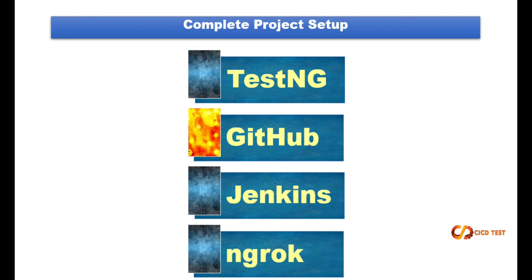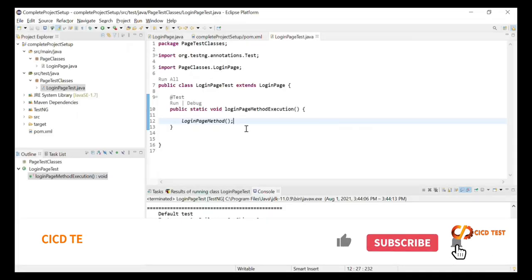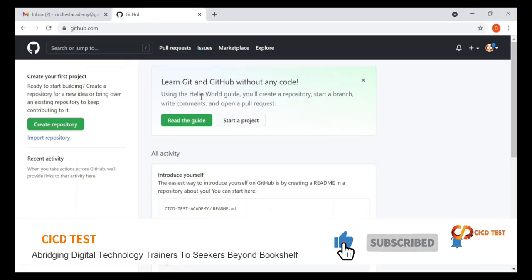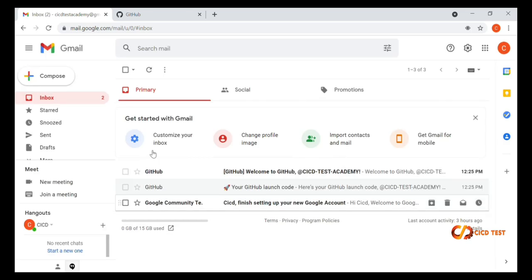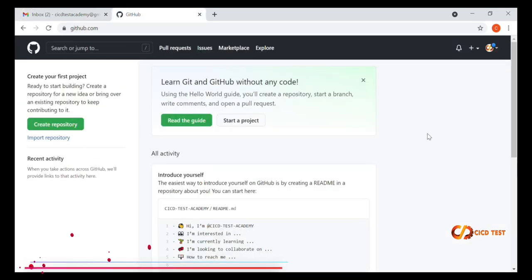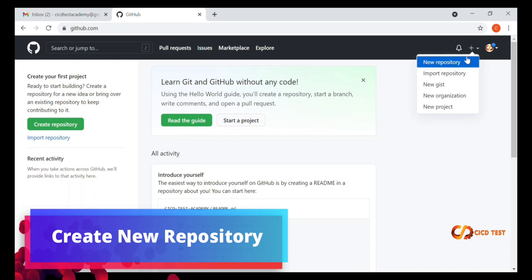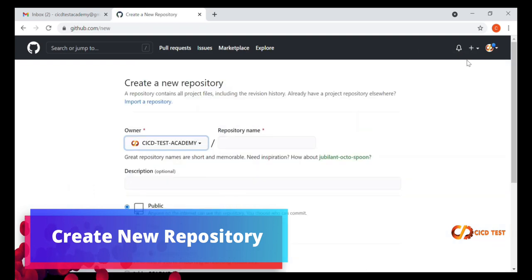Now we are going to create a new repository in our GitHub account, and we are going to manage this repository using CLI commands in git bash, and we will be pushing our code to this particular repo that we are going to create just now. So guys, for this use case, I have already created an account on GitHub. This is a very new account that I have created, and this is the email ID that I've created for this use case. So guys, let us simply create a new repository by clicking on this plus sign drop down,